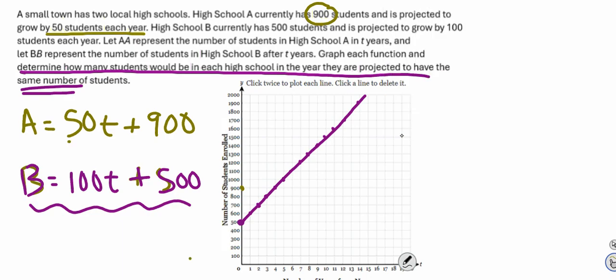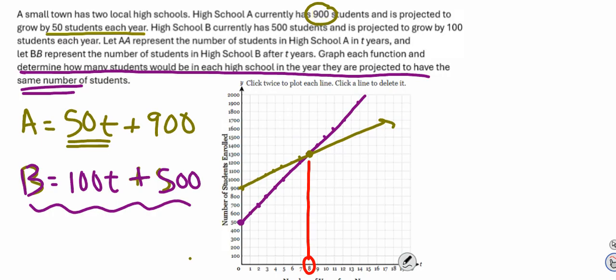Now, this is a pain because they grow 50 kids per year. So instead of going up, you know what, I'll go up 50. It's half the way over, half the way over, half the way over, over, almost there, half the way over, half the way over, half the way over, half the way over. So this right here is where they intersected, and that, let's get a different color going, that happens at 8